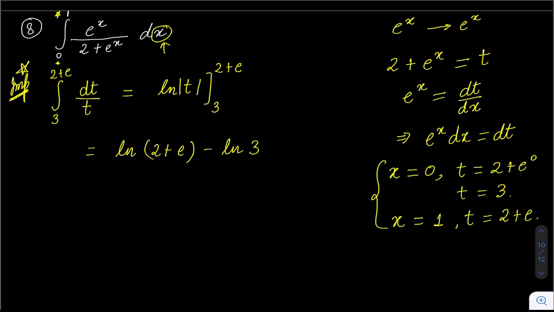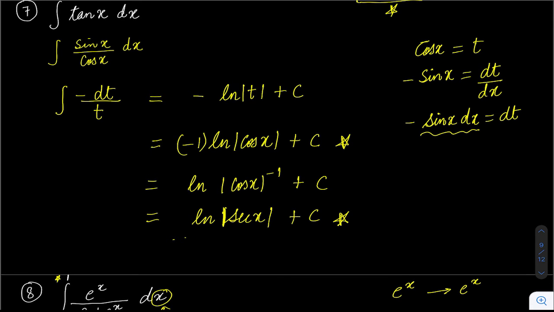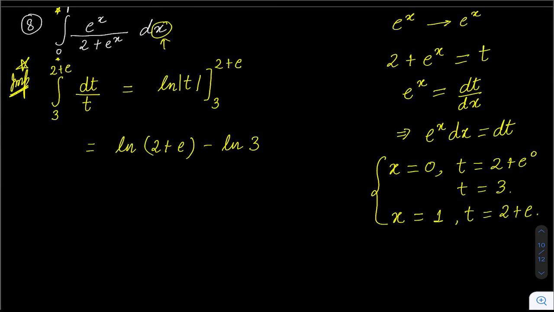Second thing is, you will notice that in previous questions, we had to convert the answer back in terms of x. Our answer had to be in terms of x. But in definite questions, when we are using substitution, there is no need for that. That is actually the other method. So the best method is to change the limits and then directly solve. You don't have to change back.